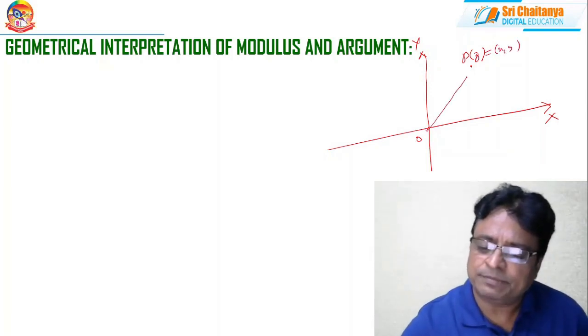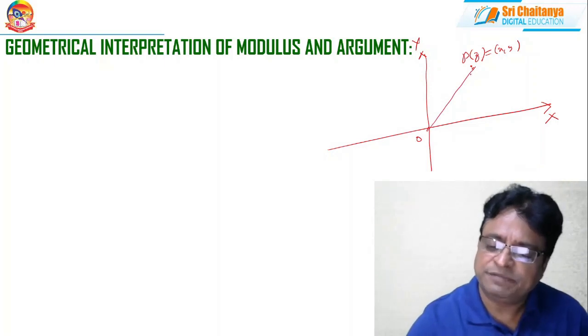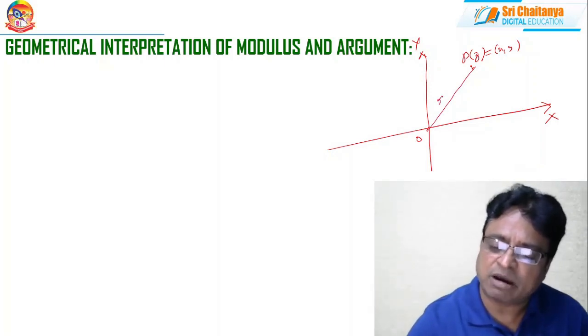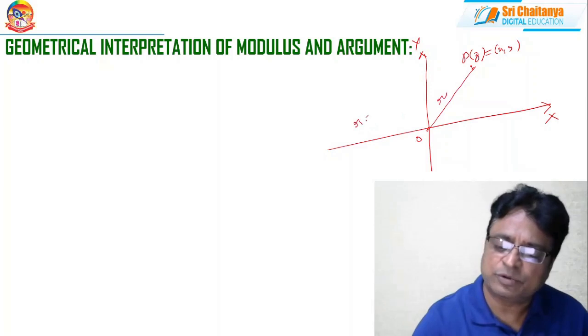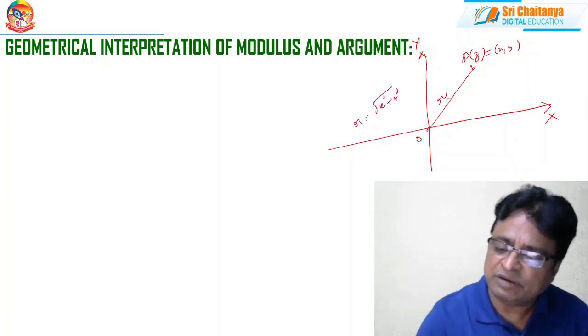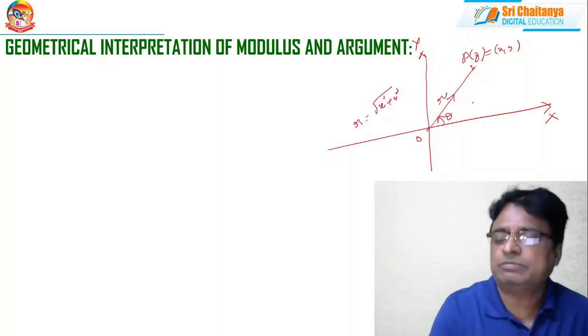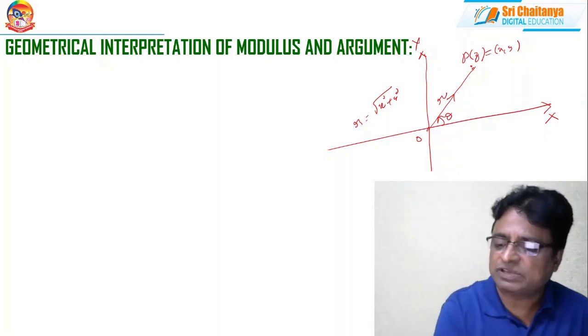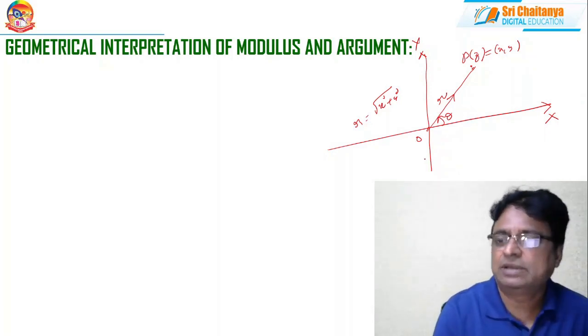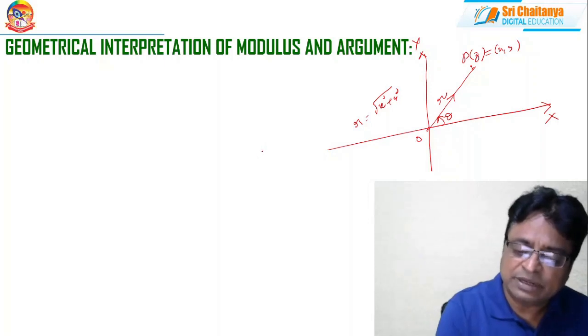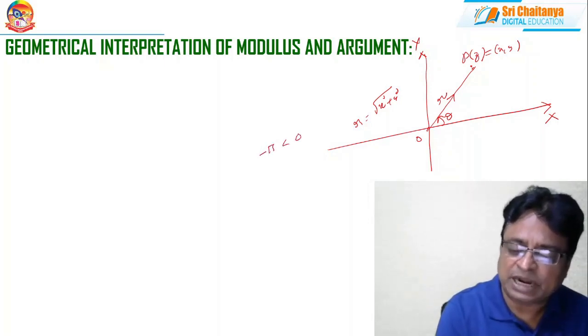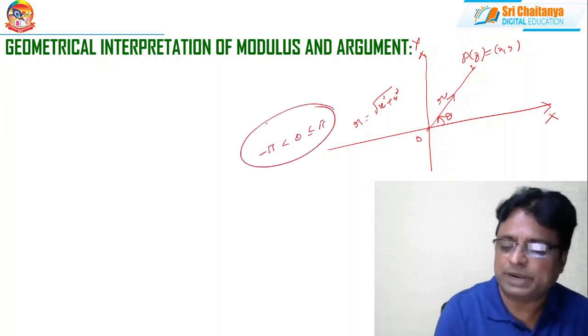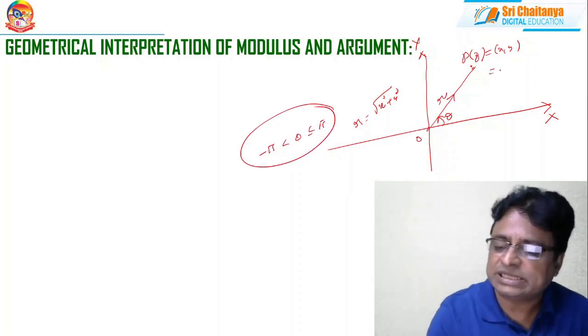Join OP. If the distance between O and P is r, that means r is equal to root of x square plus y square. And if this OP bar makes an angle theta in the positive direction, or anti-clockwise direction, with the real axis, and that theta lies between minus pi to pi, then